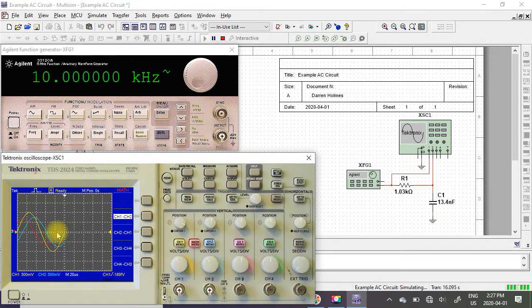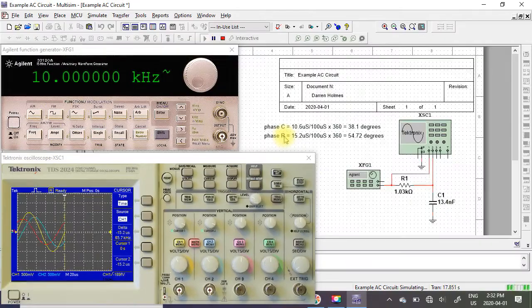Once again, if we want to find out what it's leading by in degrees, we can go back to cursors. And in this case, we can change our second cursor so that it goes through the zero crossing of the red trace, which is our math function, or the voltage drop across our resistor. So in this case, it's 15.2 microseconds. The phase for R is equal to 15.2 microseconds divided by 100 microseconds times 360 degrees, which works